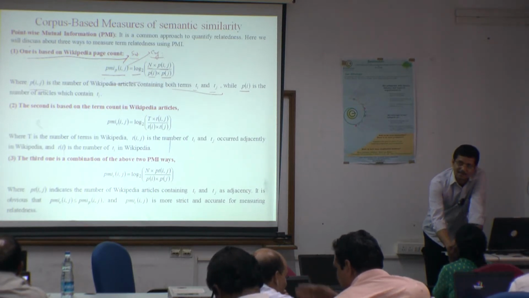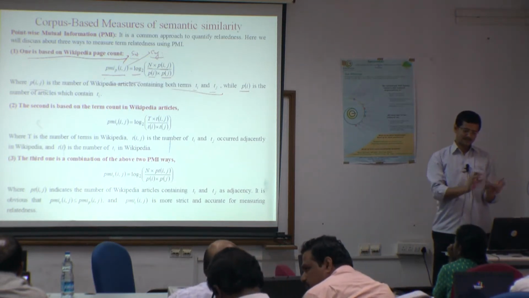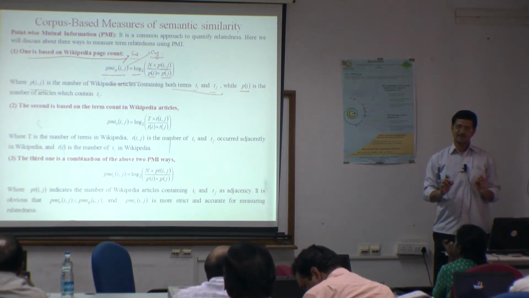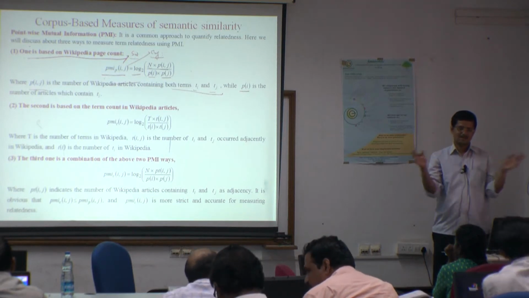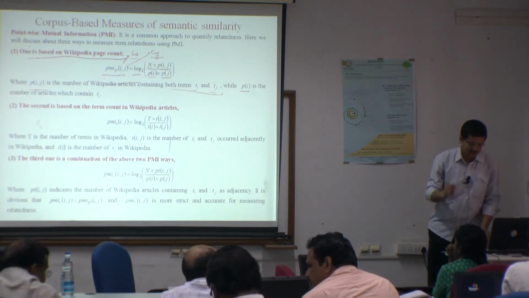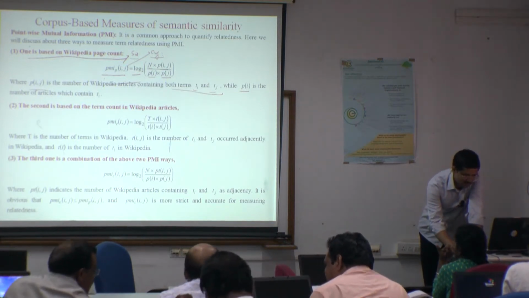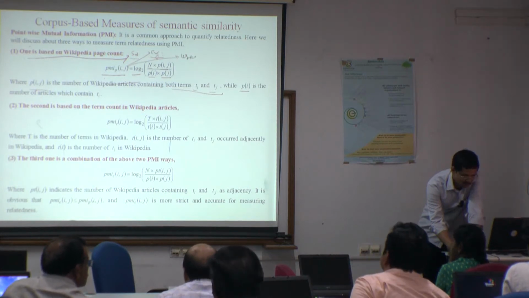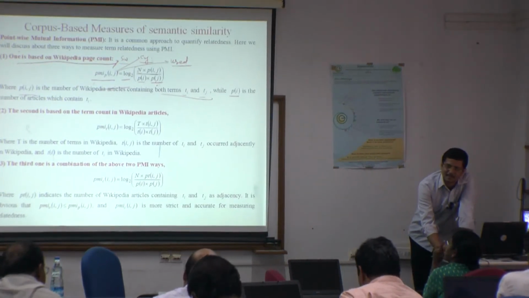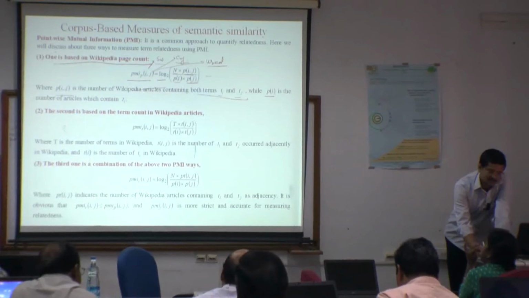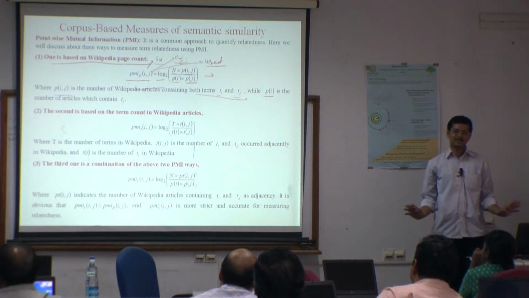Why do we use this? How does this work? Suppose this is a simple process to calculate the semantic similarity between two words. Now suppose we calculate the semantic similarity between software and used. They are not basically semantically related. So, and used are frequent words. So here suppose Pj represents a word like used, then it may occur in a lot of documents and it will reduce the semantic similarity score. So this is the basic intuition behind this measure.